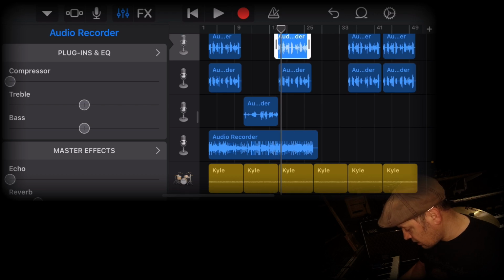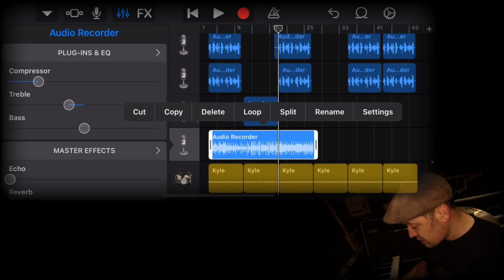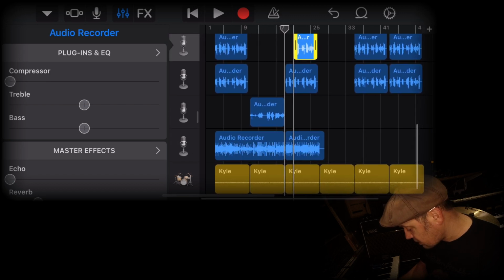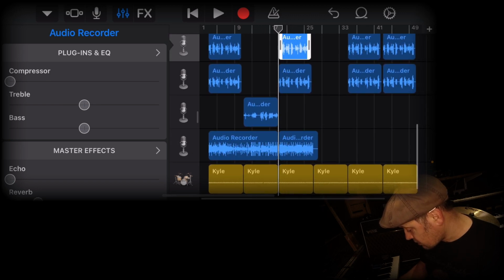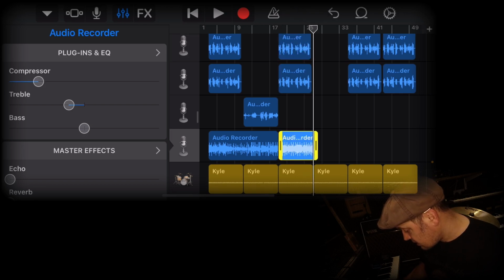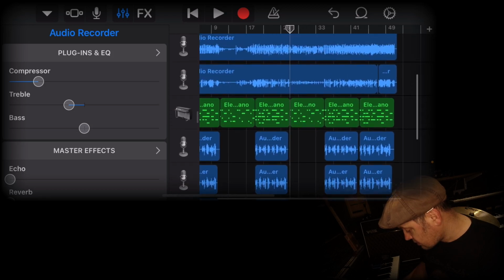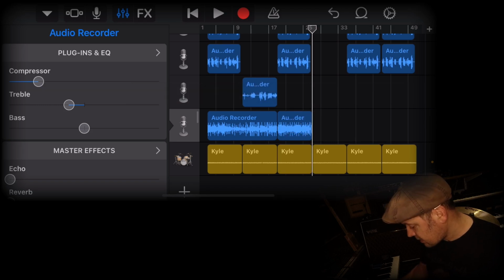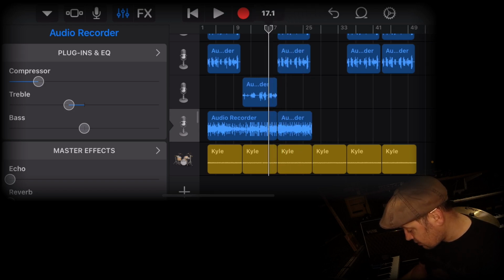So I'm just going to split the hi-hats at the moment because I realised that actually we've only got 24 bars worth instead of 48. So I'm just going to split them again at that point. There we go. I will also separate out the 8-beat in the verse,